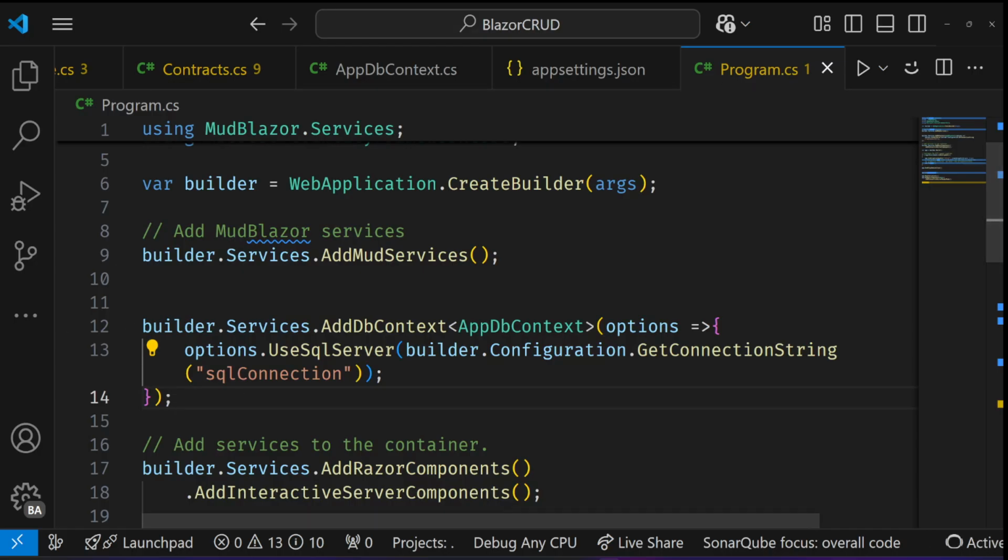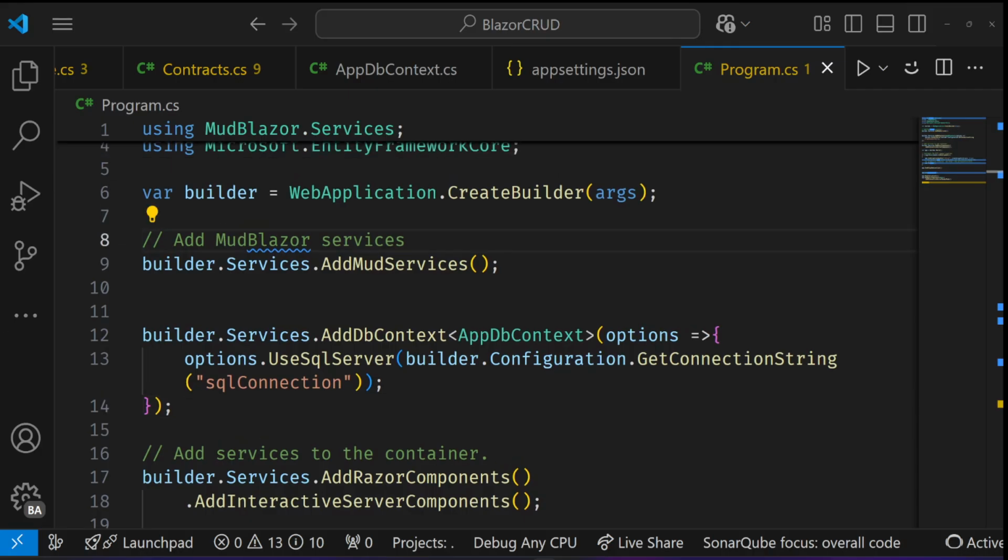We have connected our database context to our SQL Server. So this connection will work. If you have the migration, it will be able to connect and seed with the migration and everything, so that when we make a request, it means that we are making progress. So let's move and create our service, and then with our service we can go ahead and create our UI